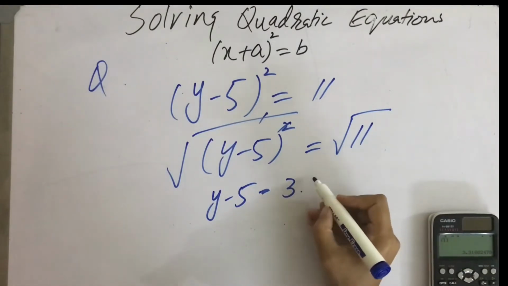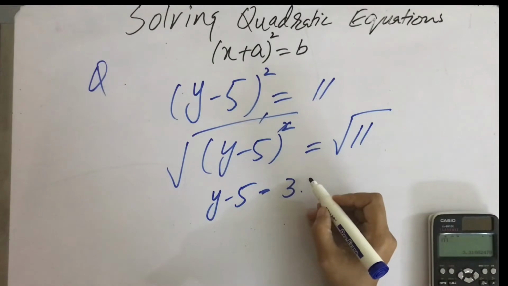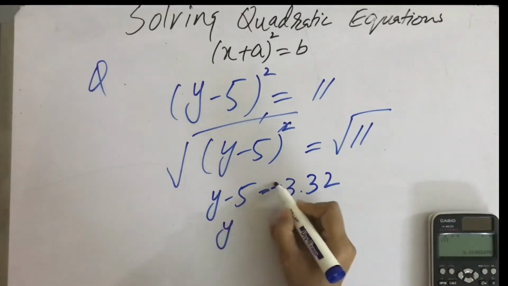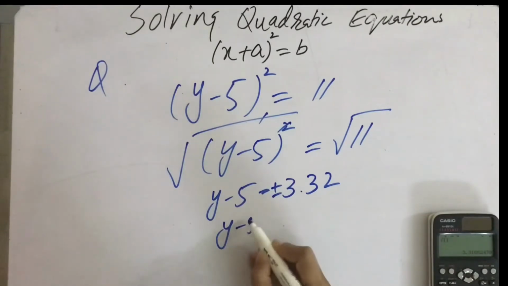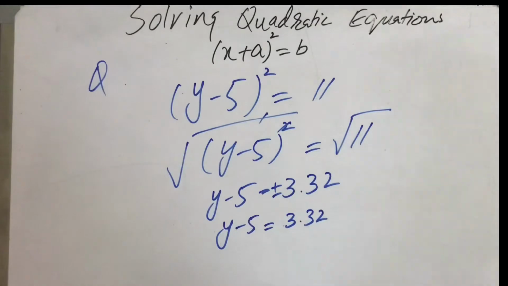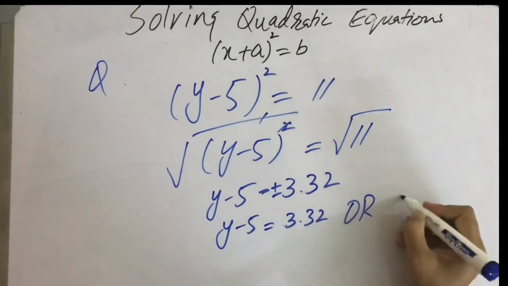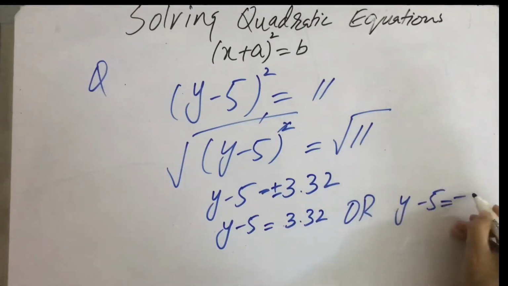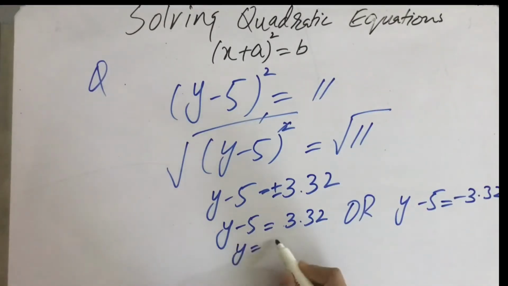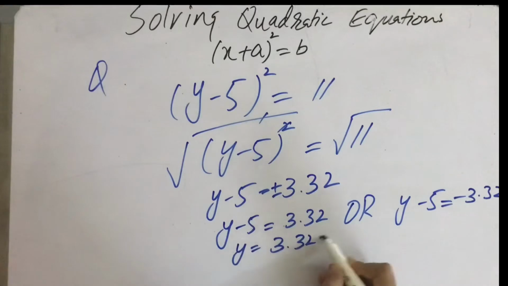3.316. 6 will give 1 to the 1. 3.32. Now once you have two factors, plus and minus. Once we will write y minus 5 equals to positive 3.32, and then we shall write y minus 5 equals to negative 3.32. 5 will go to the other side. It will be added in 3.32. One answer of y is